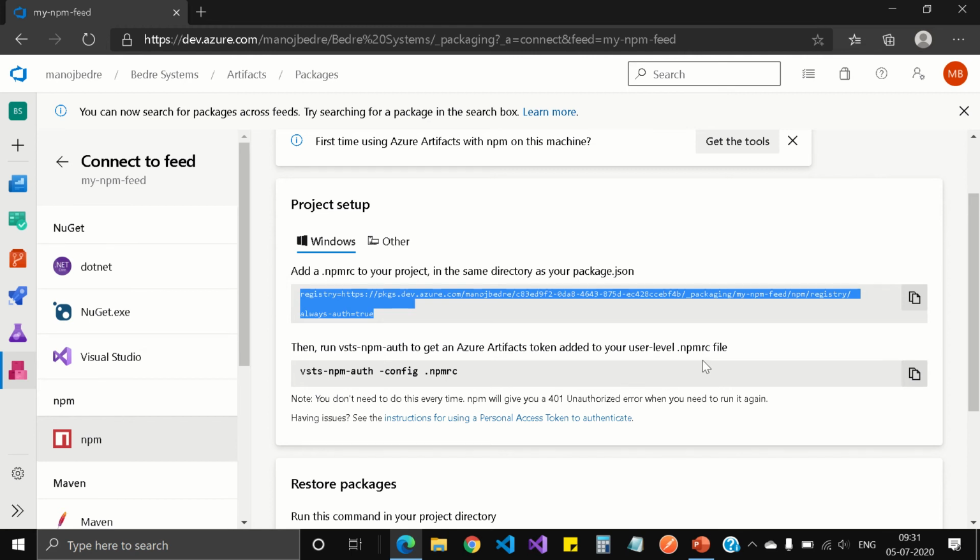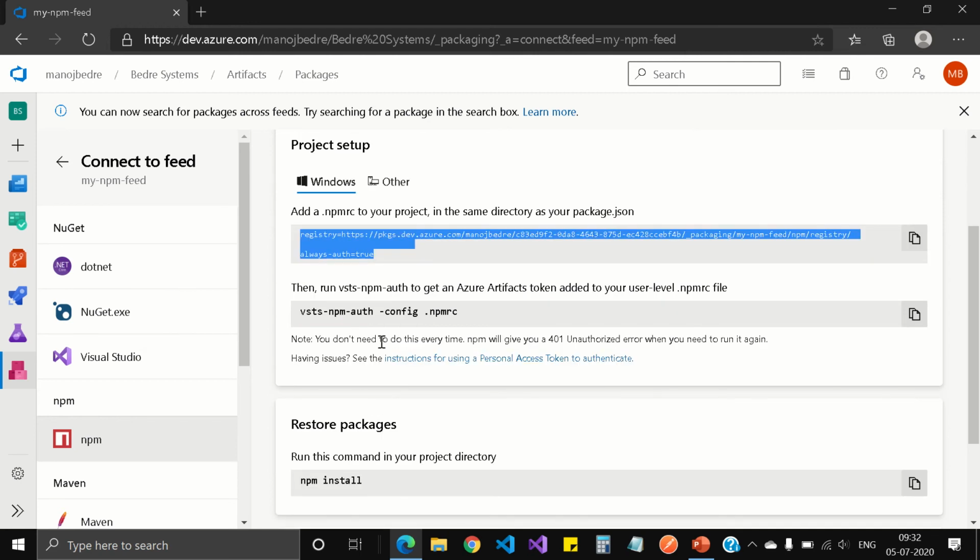Guys, the user level .npmrc file is usually in your user directory where it will create a .npmrc file. There are many levels where we can create .npmrc files. Usually, by default, it will be created at the user level, but if we want it to be customizable, then we must add it at our project levels or at our library levels. Okay, I will show that in a short time. So